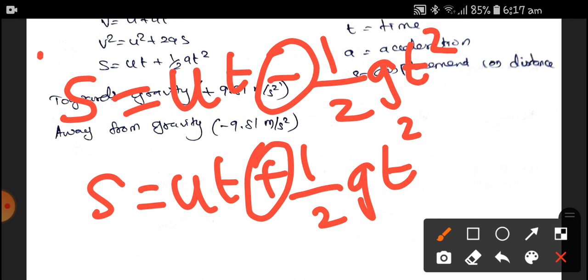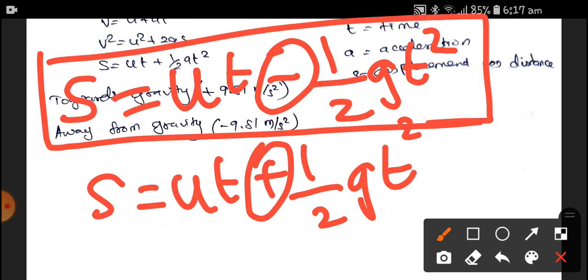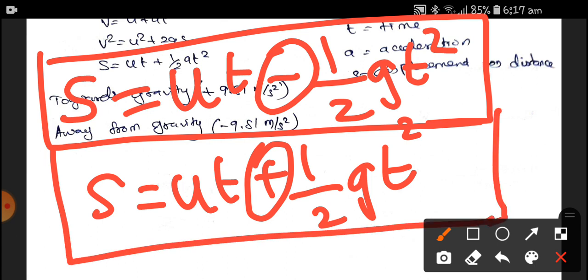Therefore, if a body is moving vertically upward, it is called negative gravity. Therefore, the equation has the minus sign. When the body comes down on the horizontal floor, it always has positive gravity. Therefore, that is plus half gt square. If there is no separate acceleration of a body, we put g instead of a, or if we have a separate acceleration, we can put